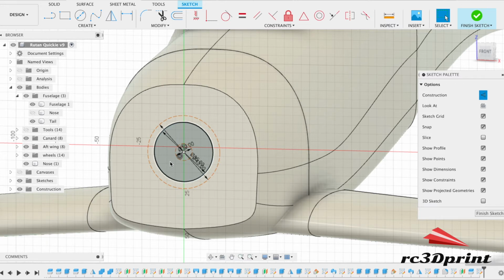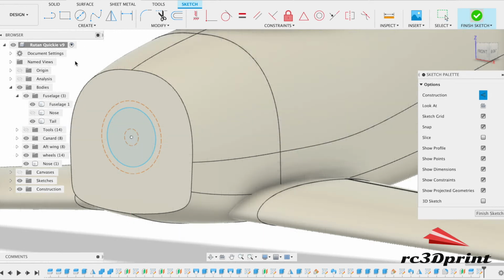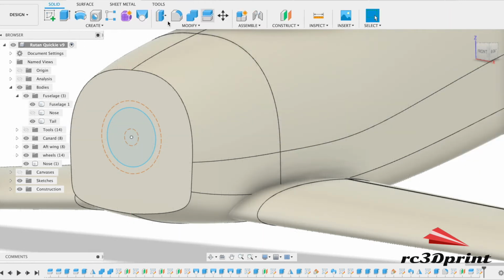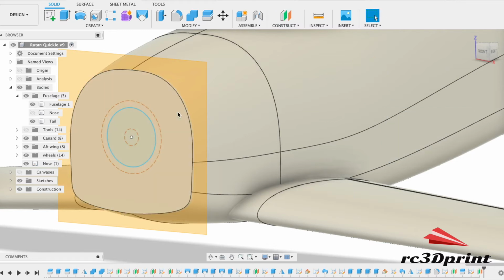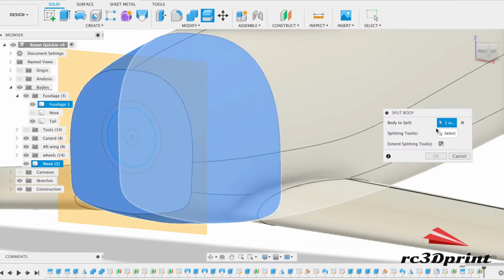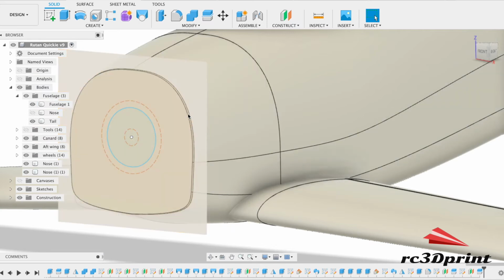I'm just thinking, because we are going to make a little slice to make sure the firewall remains thick, I'm trying to think if now's the time to do it. Yeah, I think it probably is. So, yep. Okay, so what I've done there is I've just done a 1 mil thick